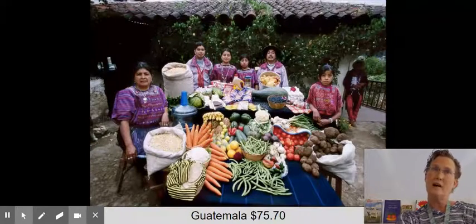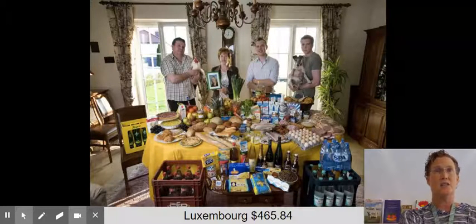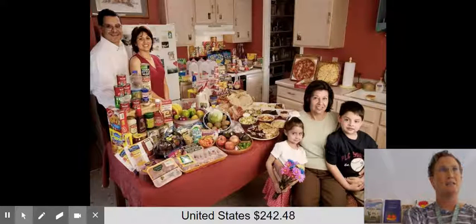I'd like you to pick out the ones that have the most money spent and the ones that have the least money spent, and consider which ones have different amounts of vegetables in them. Okay, and you could just write that over on the side. There's not a specific place to write this down.